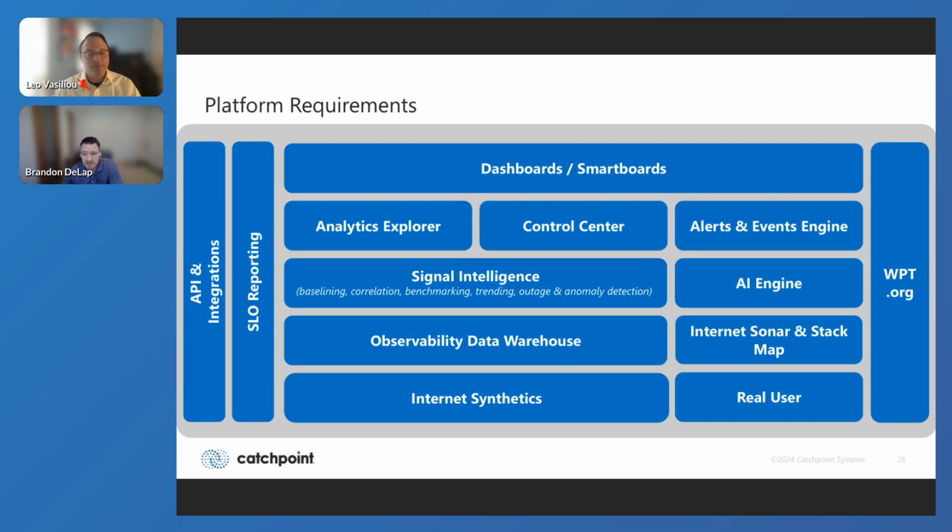Now, before we get into how to implement an IPM strategy in those real world examples, let's walk through some requirements of an IPM platform. Each of these components that you see on the screen now are critical to get to the end goal of internet resilience. Whether it's smart boards that allow you to cut through the data with ease and get to the root cause quicker,